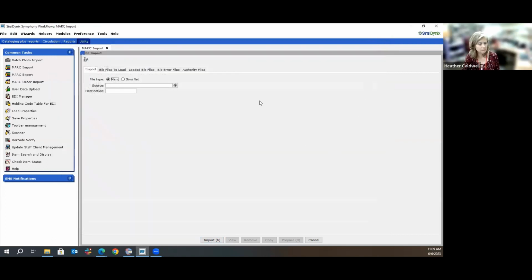I can also verify my work by going to the tab called Bib Files to Load. Click on that, and I can see that the file that I just named is here. And then we just wait for the rest to be done. All right. So I'm going to close that. I'm also going to show you how to do multiple files at once. So let's close that